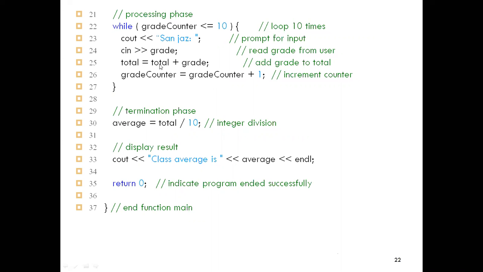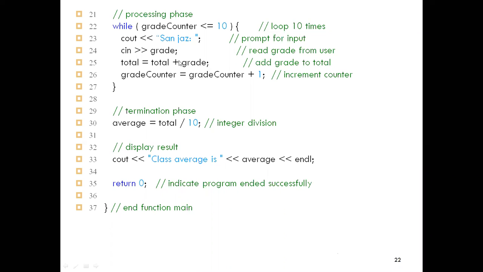Then at first this total is 0, then you just need to add this grade, then give this total. Then of course you need to count the condition, how many students you have. So the first student is already completed, you need to add 1. It is becoming the second. Then compare to 10. Now this counter is 2, and 2 is smaller than 10. So you need to keep writing this grade. Then total is